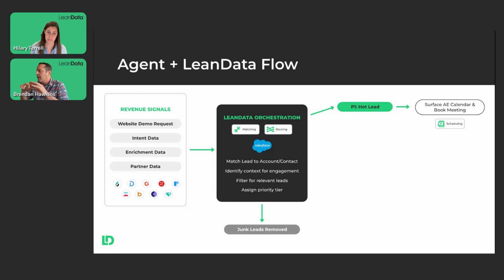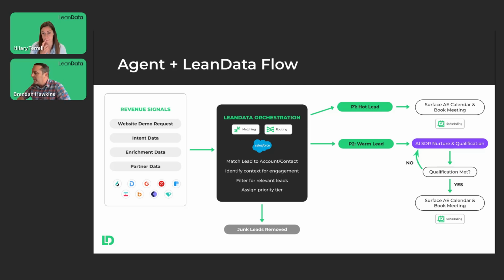When it comes to the different severities of leads, most folks are testing this out on the SMB commercial space, low level leads. For hot leads, we're going to surface the calendar of a matched account owner or matched opportunity owner, but probably not engage an agent. For warm leads, there's an opportunity for an agent to answer questions and do basic qualification. On our website, we ask what CRM system you use, because we work with Salesforce primarily. So it'll do those basic qualifications and then schedule with a live human.